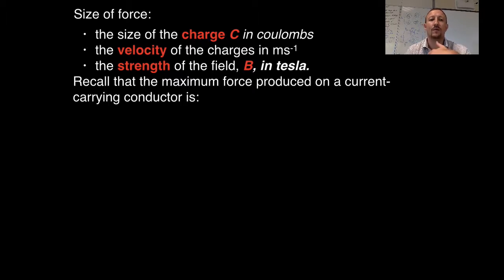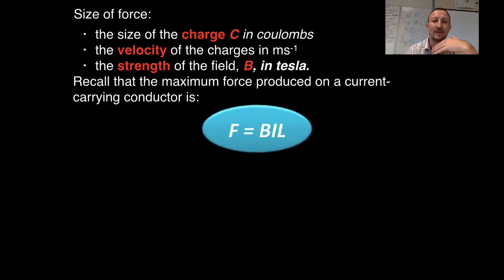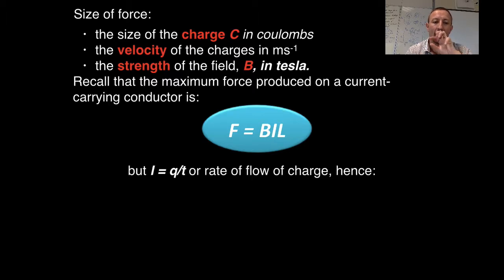Now, as we found before, we know that force can be determined by F equals BIL, or BIL sine theta. Obviously, it's BIL if theta equals 90 degrees. So the force will equal the field strength times the current times the length of the wire. Well, in this case, we don't have a length. We do have a charge. We're not dealing with current. Now, we know that